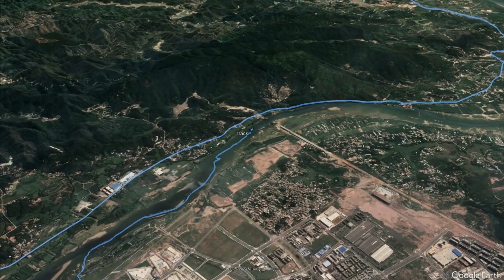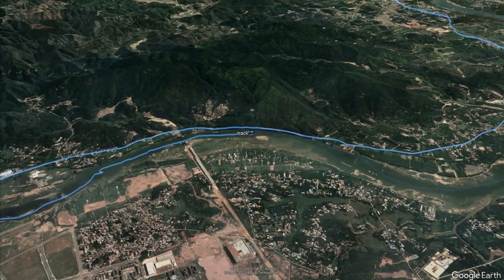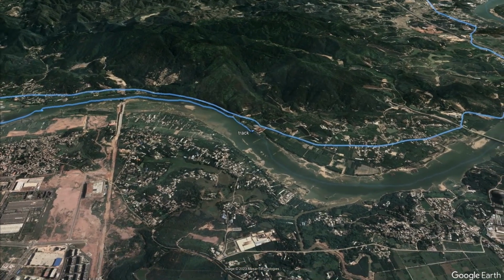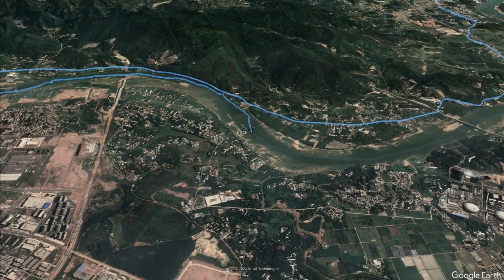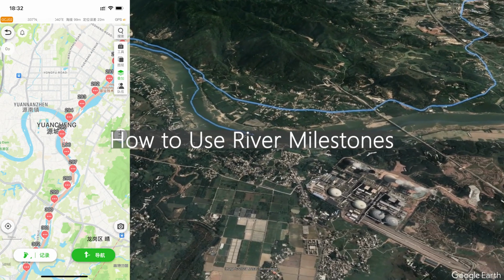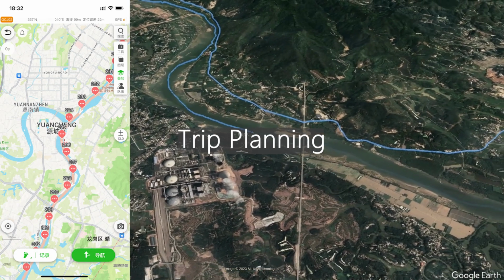I'd really like to kayak there to find the clues about the river diversion. There are many modern or ancient canals and roads crossing basins. Using river network data to inspect crossing basin routes is one of my major use cases. Next, I will show you how to use river milestones data. It's pretty simple.